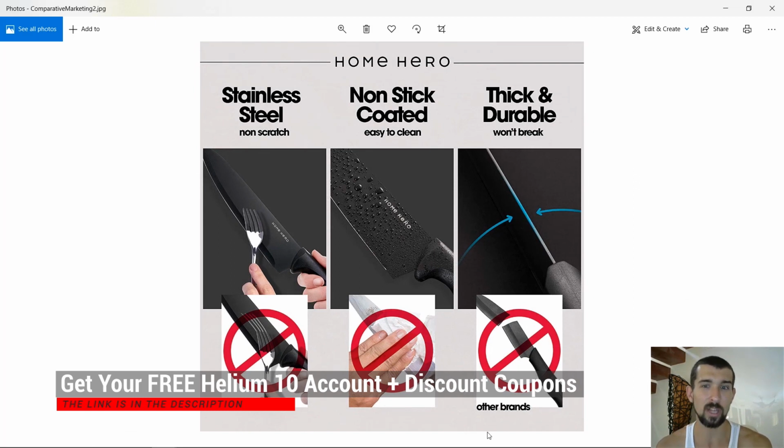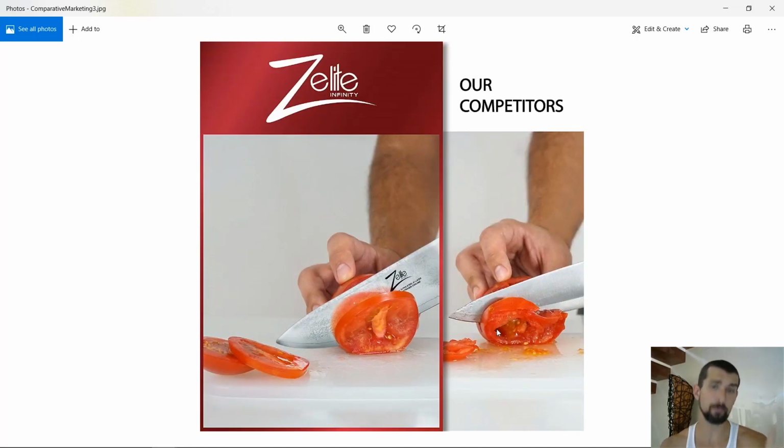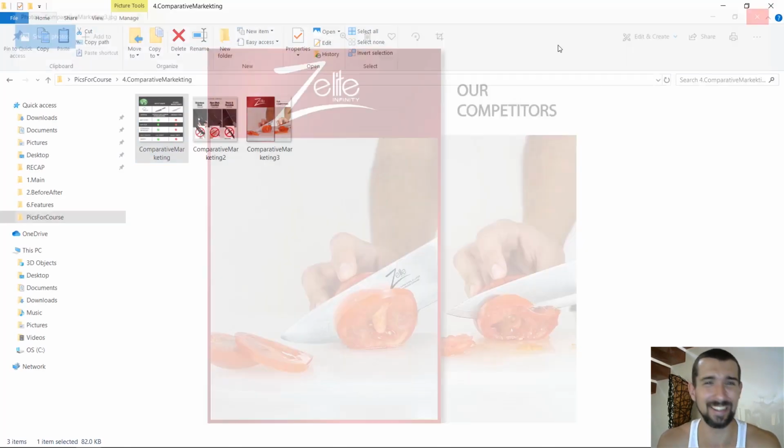Usually we can use other brands, for example what the main competitor has, but we're not going to use his brand, we're going to show his product. So once people see that, they'll remember that this one breaks and ours doesn't. So that's another idea for comparative marketing. Here's Bisalite. We have us and our competitors. You see, we're trying to cut the tomato and it crashes here. This is comparative marketing, very nice. People want a sharp cut, and we all hate it when we cut something and it just crushes. Zalit is what you should buy.